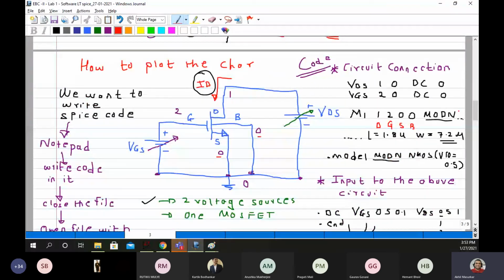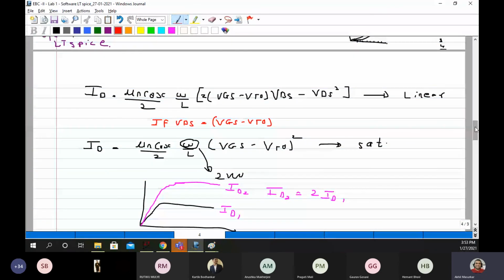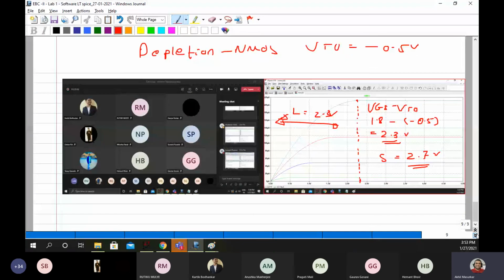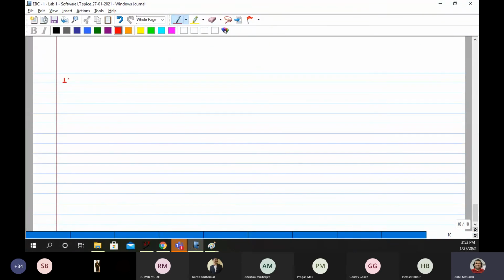Now this standard circuit you can find anywhere. This circuit you can find anywhere for a PMOS. Once you get the circuit, what are the steps? Number 1 will be circuit diagram, then code, then you simulate.